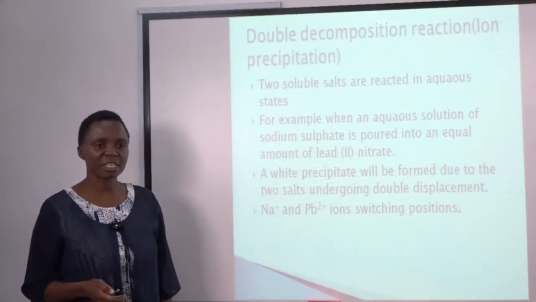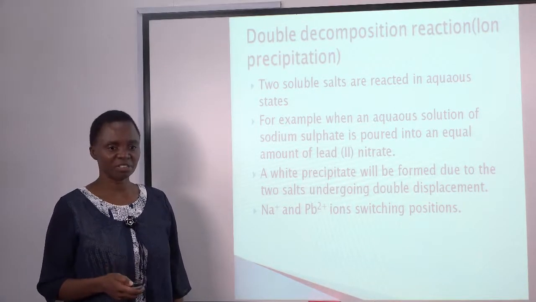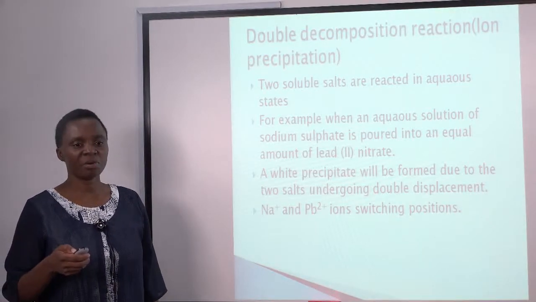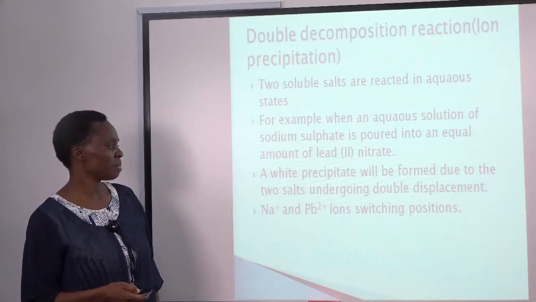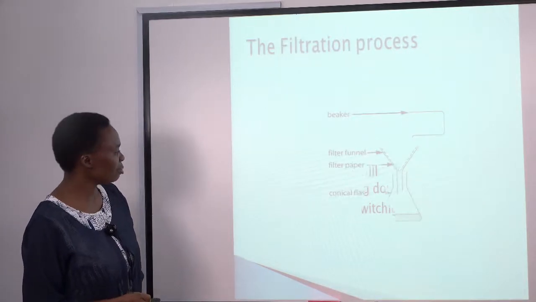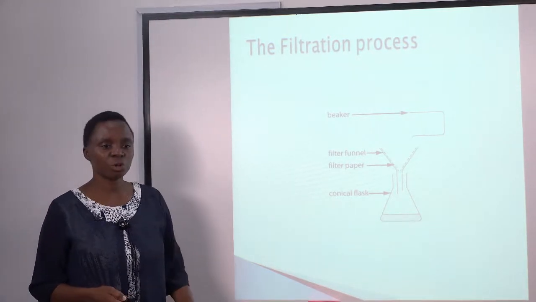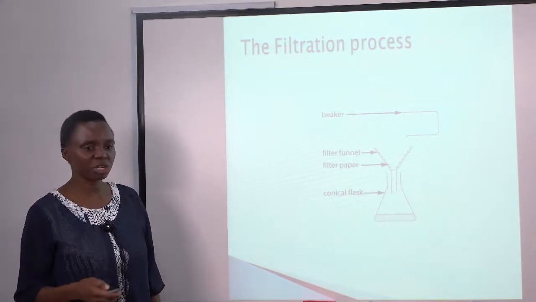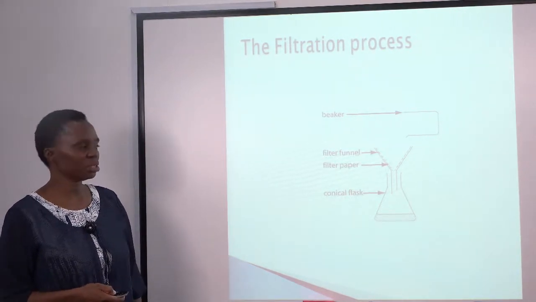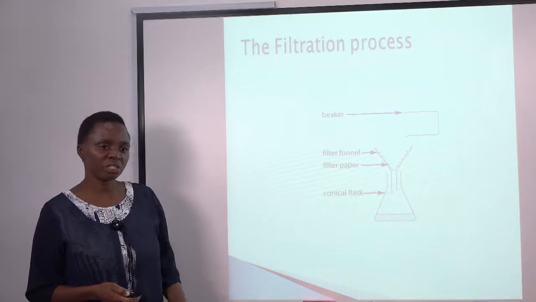But our interest is to prepare an insoluble salt. So that is our major interest. We will be most interested in the white precipitate which has been formed. How do we separate this white precipitate? The white precipitate is formed as a result of the ions in the solutions switching positions, that is sodium ions and lead-2 ions. When the insoluble salt is formed, because it is a precipitate, we separate the insoluble salt from the soluble salt